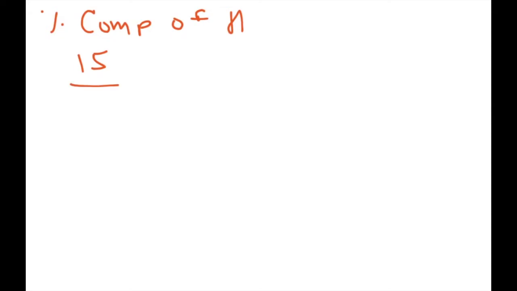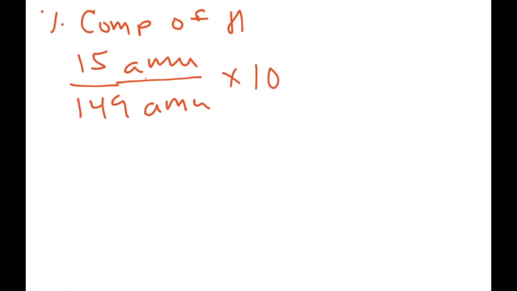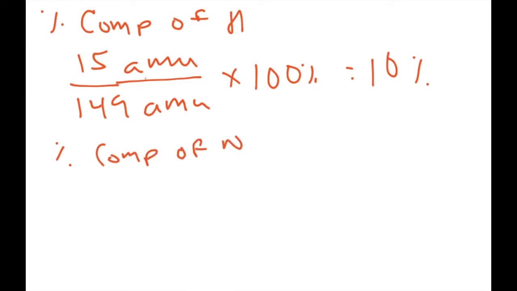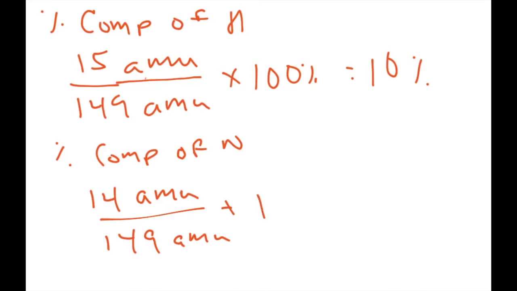Right, we can do percent composition of hydrogen in this molecule. It's going to be 15 divided by 149 times 100. Again, let me be better about my units. Times 100%. That's going to be basically 10%. And then we're going to do percent comp of nitrogen. Right, I don't know why that one got a line and the other ones didn't. Let's fix that. Bam. All right, nitrogen weighed 14 AMUs divided by 149 AMUs times 100. Right, so that's going to be